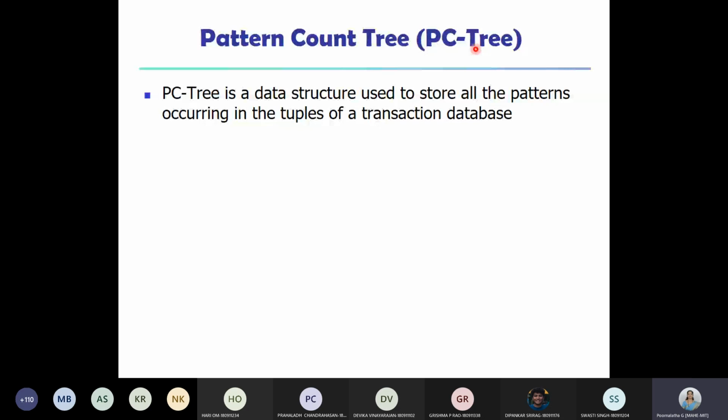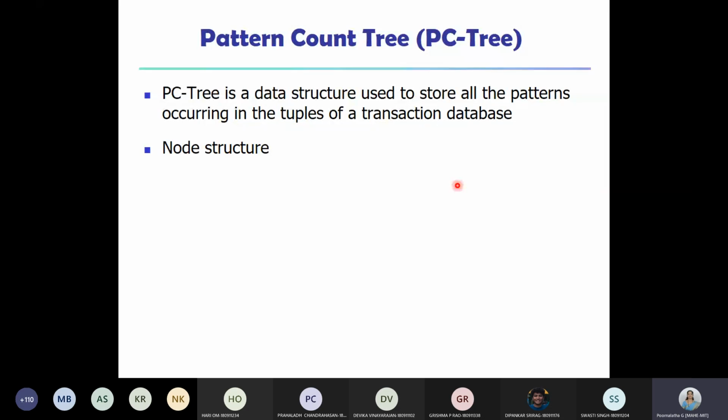In the FP tree, what we did is, we consider the transaction, we get the count, and then only the frequent items we consider to construct the FP tree, isn't it? If any single item is not frequent, we are not considering it, it is not a part of our FP tree, isn't it? Here it is not so. PC tree contains all the transactions, irrespective of the support of individual items. All the items we are representing in one particular tree.